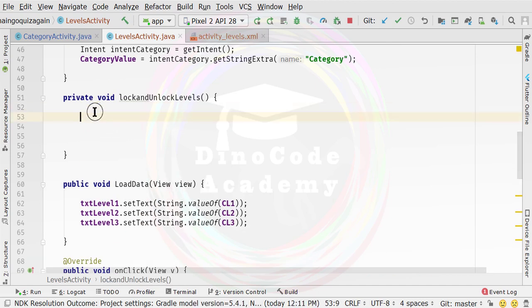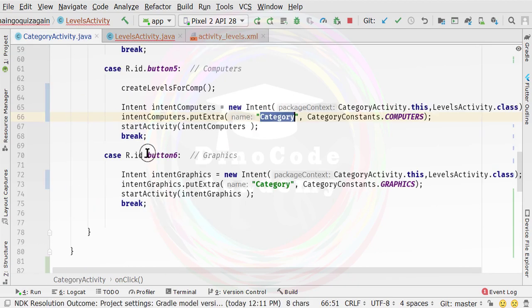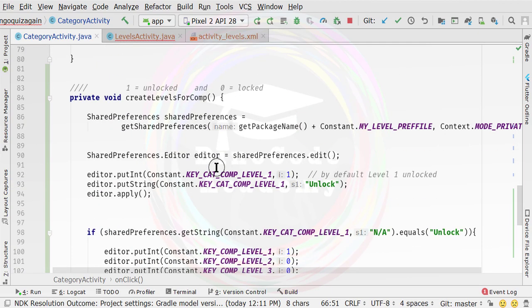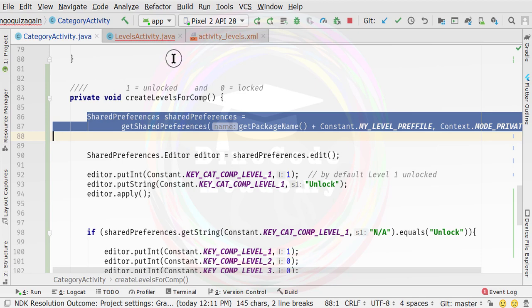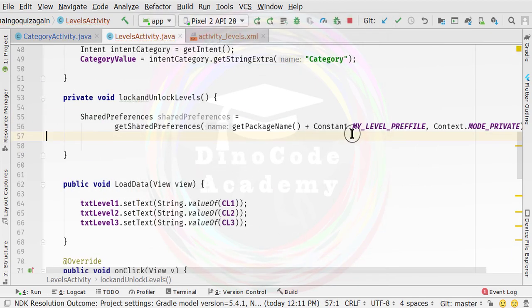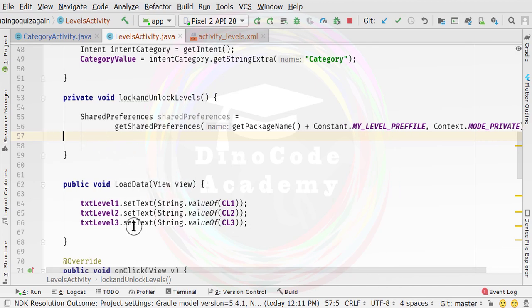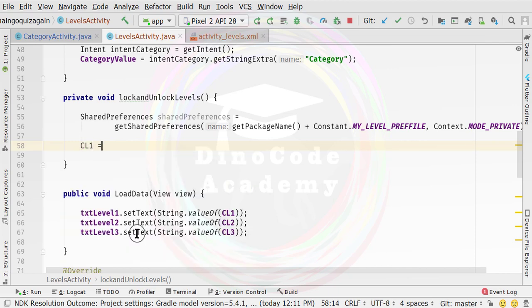First I'm going to type SharedPreferences. I'm going to create the object of the shared preference so that we can access it. The code is almost the same, so I'm going to copy this code so that it will save a little bit of time. This is our shared preference. We are going to get it from this, copy that, and paste it here. Because our code is almost the same, we need to simply provide the full path and then the mode of the shared preference.